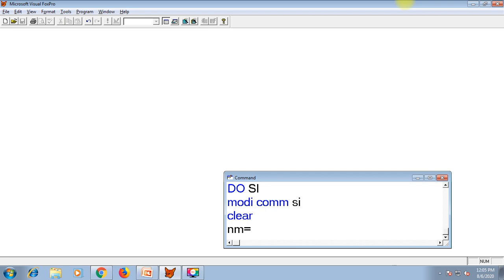So directly we can assign a value to a variable by using the equal to operator. This equal to is called the assignment operator. So I can write like this: nm is equal to, I can directly write your name. Say for example, Himangi. nm is equal to Himangi.